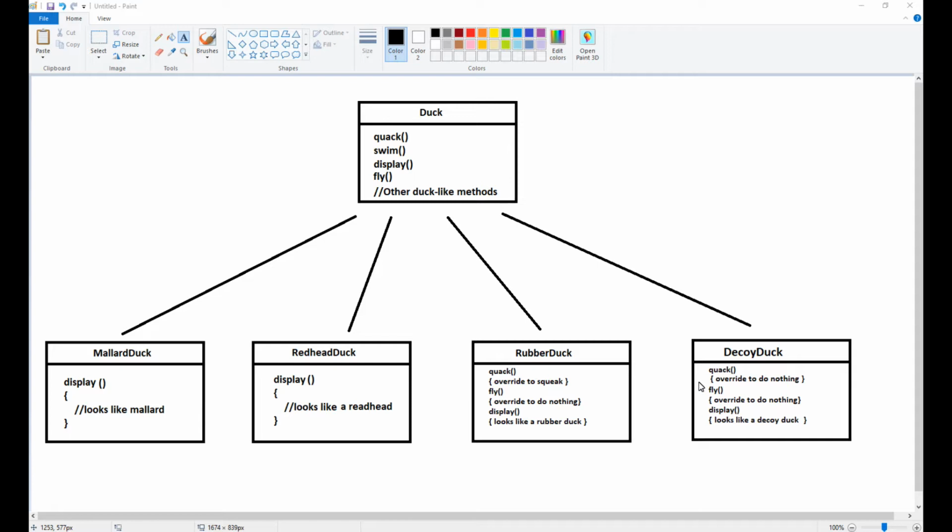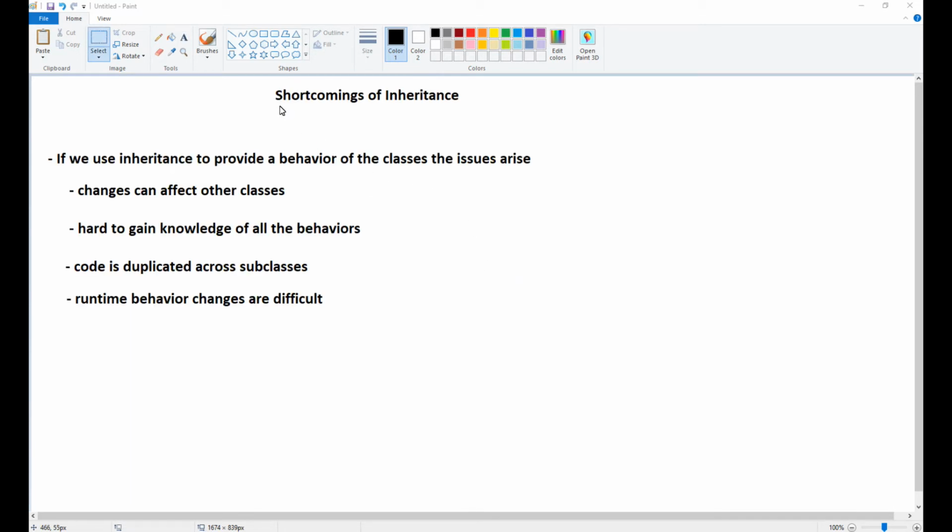So what this is implying is that even though we're using inheritance, we still have to make quite a few changes to each of our subclasses, and this is not a very good thing, as we know in programming, where we follow the principle that classes should be open for extension but not for changes. With this scenario, if we are applying changes to each one of our classes, we're really not following that principle, which is not a very good thing. So the problem here is that inheritance in this case has some shortcomings,